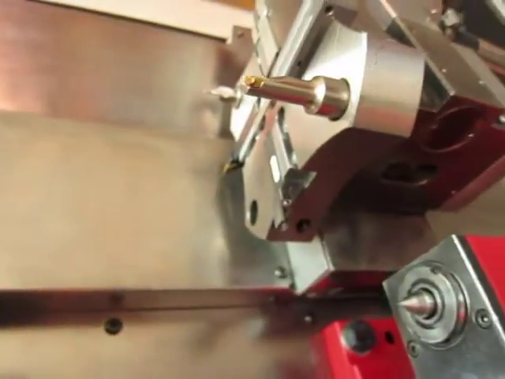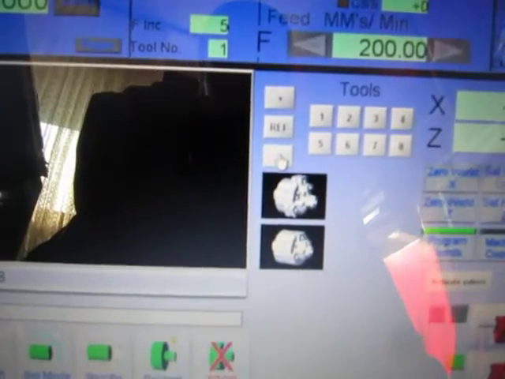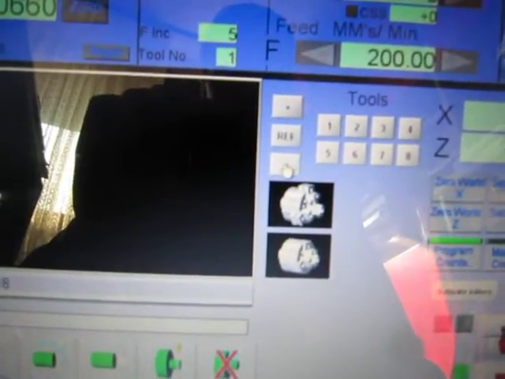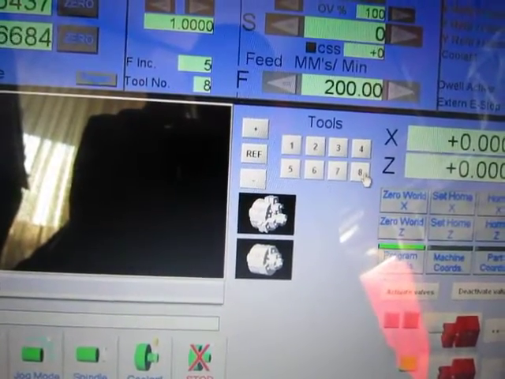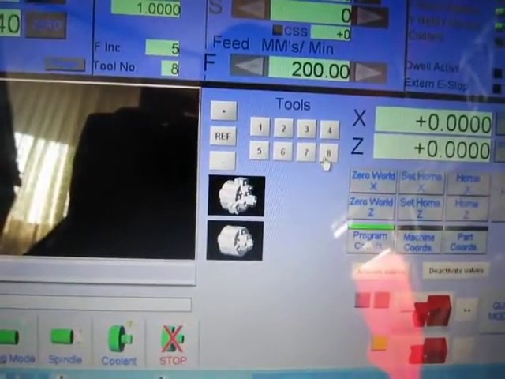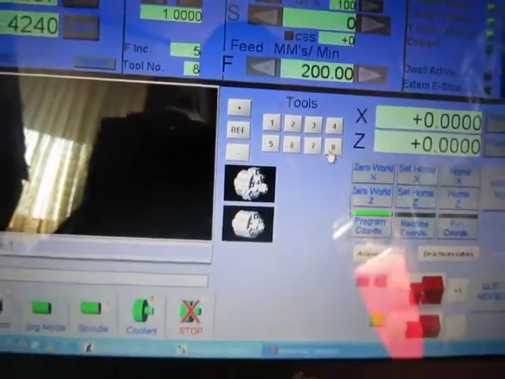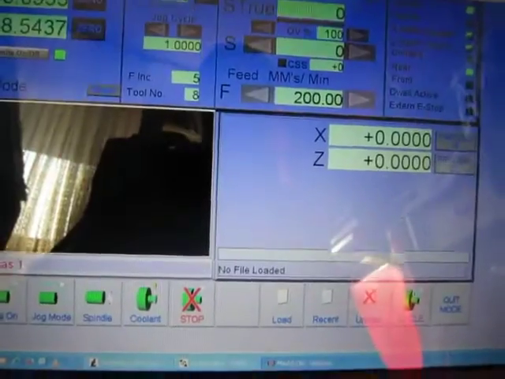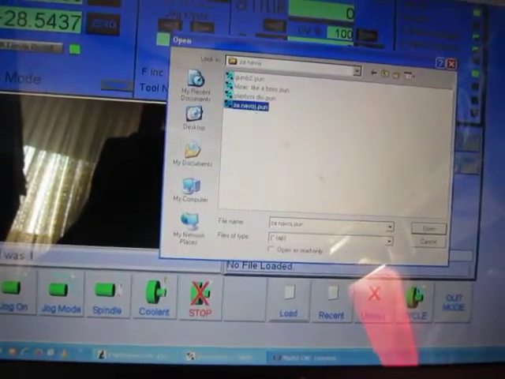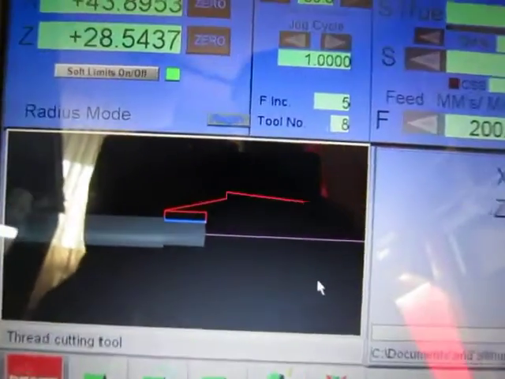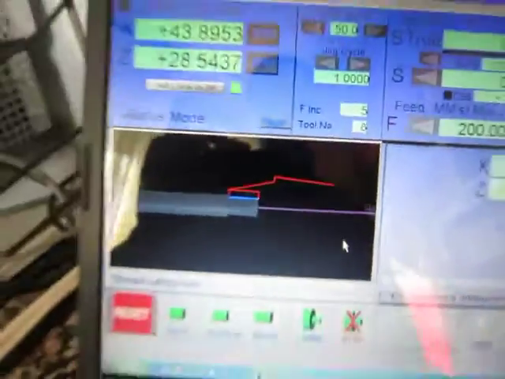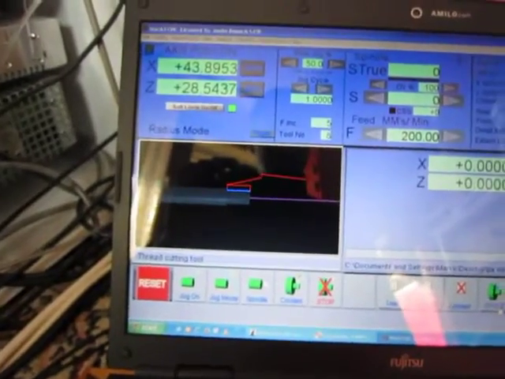So this is my tool number 1, that's okay, and I want to decrease force one more time, okay, and now I will show what will happen. Close, open. So this is my simple threading problem with only one tool, and when I press cycle start,